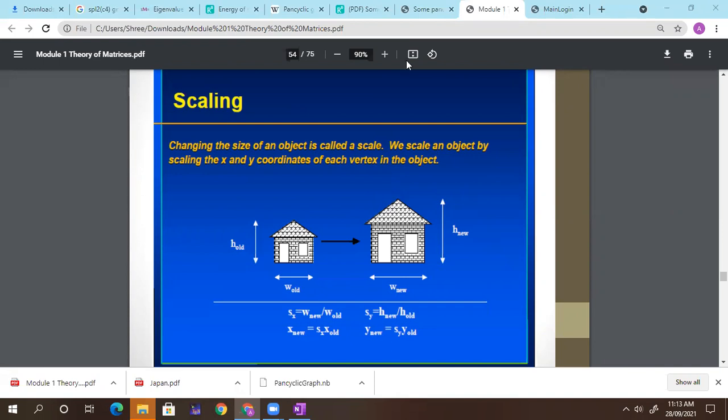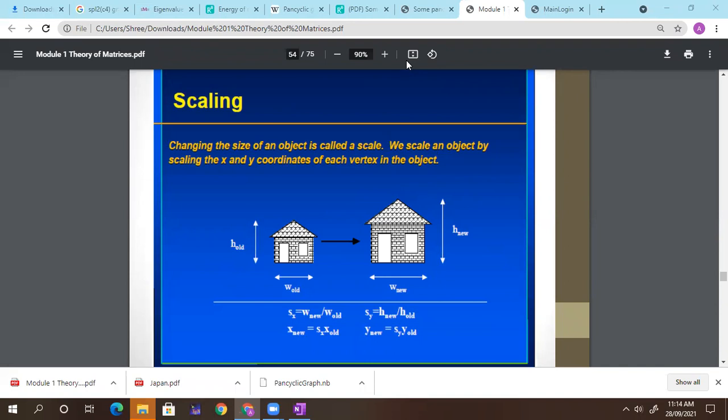Everyone agree? If I want to enlarge this, how am I going to find out? Firstly, we need to find what is the ratio behind that. What is the increase ratio? What number should you multiply to the old width so that I get the new width? Can someone tell me how you are going to find that scaling ratio I'm talking about? Are you getting what I am asking? I have the particular length of that home. This is nothing but my width.